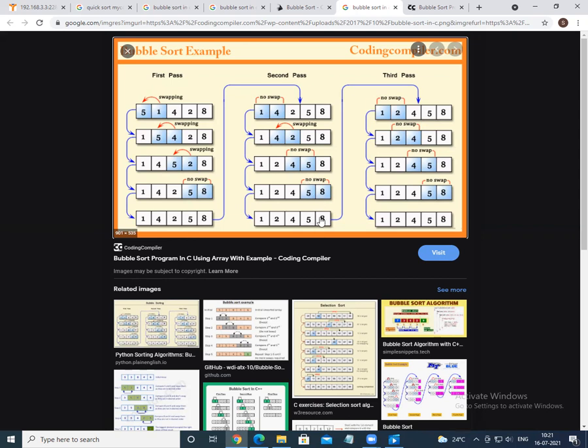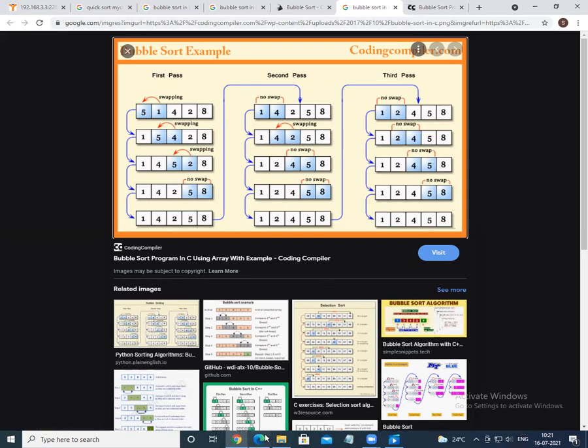You could see this comparison is totally wasted. Even in the third pass, this comparison is totally wasted, right? So to reduce the computations, we go on reducing the comparisons within each iteration. Fine, this was only from the knowledge point of view.